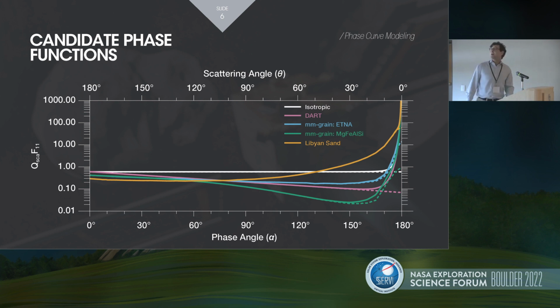The pink line, labeled DART here, shows the phase curve adopted by Farnocchia et al. in their upcoming paper on the DART impact ejecta simulations, and it uses a